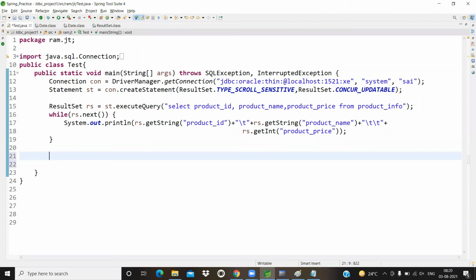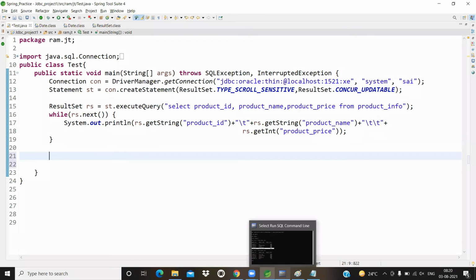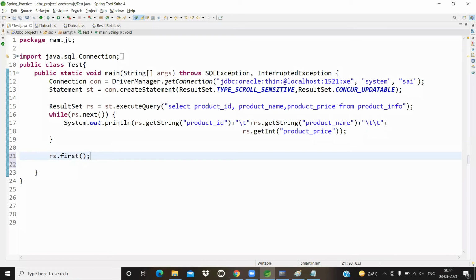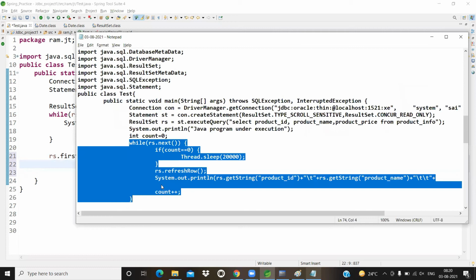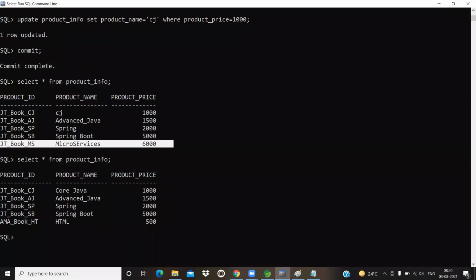For example, the first record. How to go to the first record? rs.first. Now, in the rs.first record, how many columns are there? 3 columns are there. Now, this record I want to update.